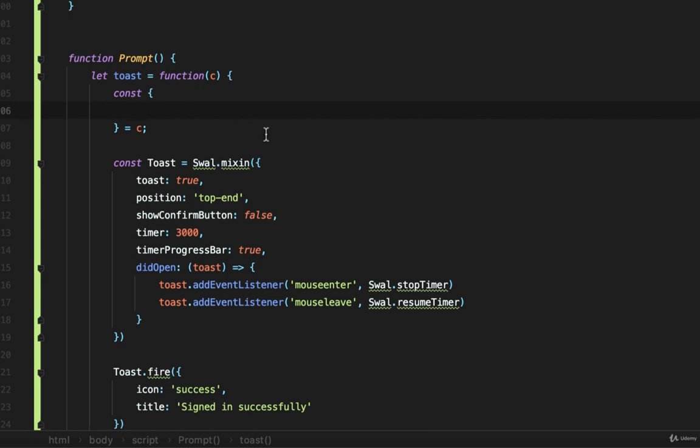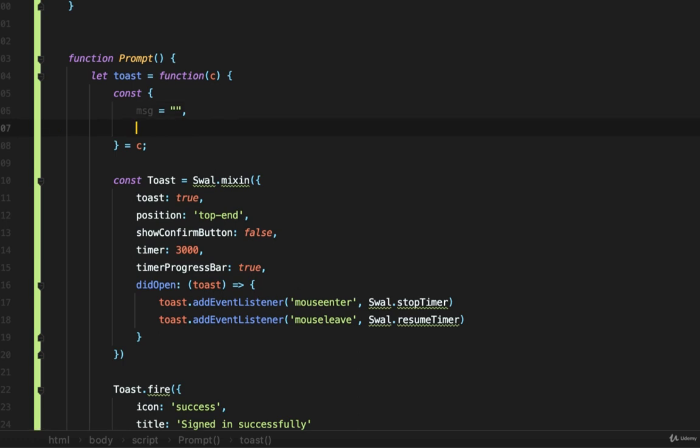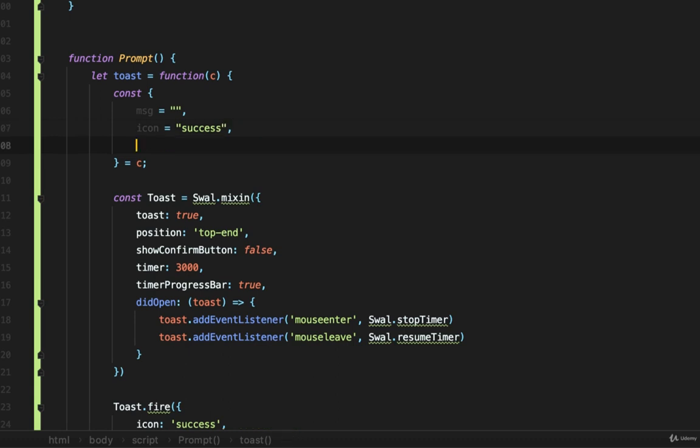So the very first thing I'm going to need is something called a message, and that is going to default to nothing. So if you don't specify the value message in your JavaScript object that you pass to the function, then you get an empty string. And then I want an icon, which will be equal to, by default, success. So if you don't specify that, we'll choose the icon success, and then I want to put it somewhere on the screen. And the way that this works, let me just get it in here,